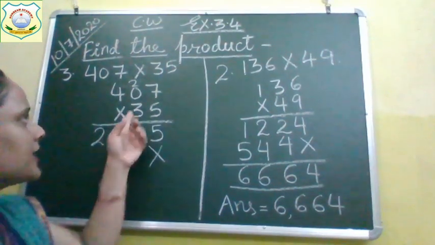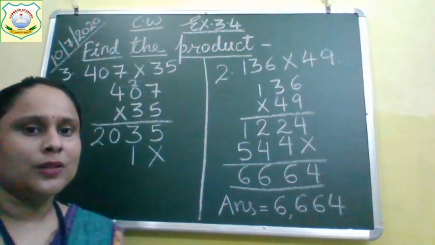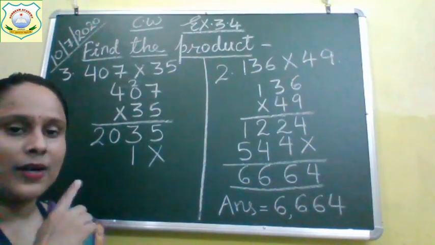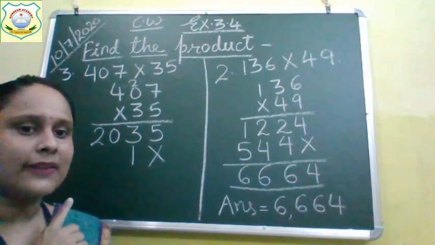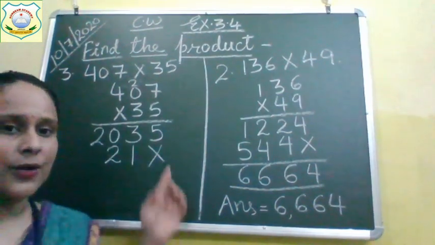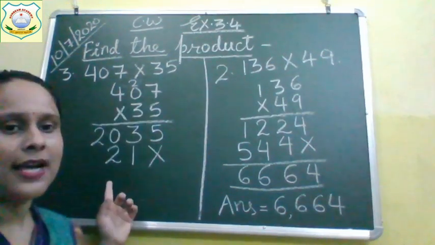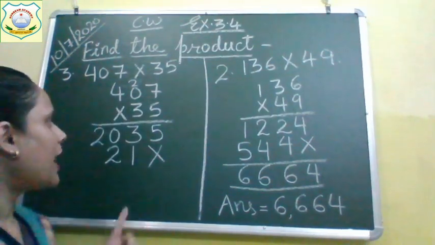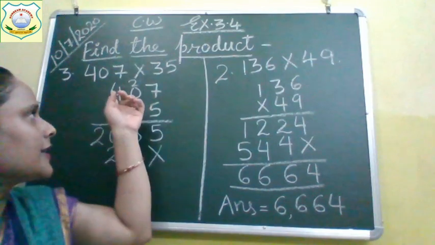Now, 3 zeros are 0 plus, what is the carry over there? We will not leave our carry there. We will bring our carry down. Here, now move on to the hundreds place.